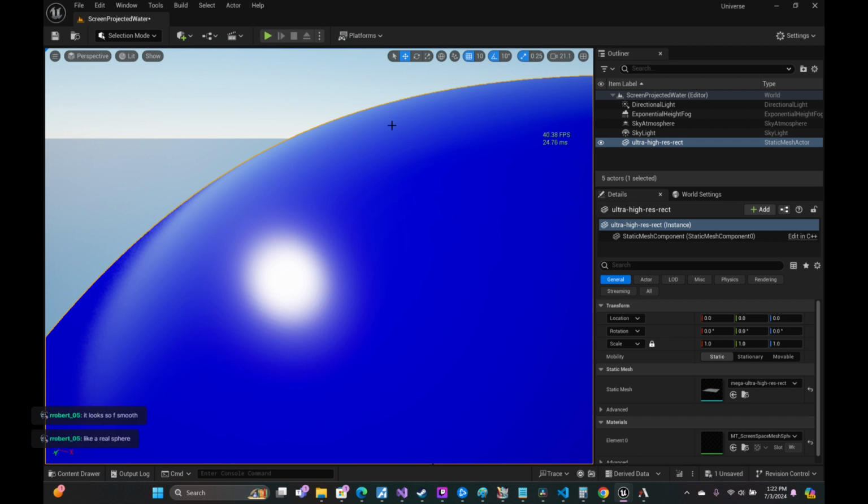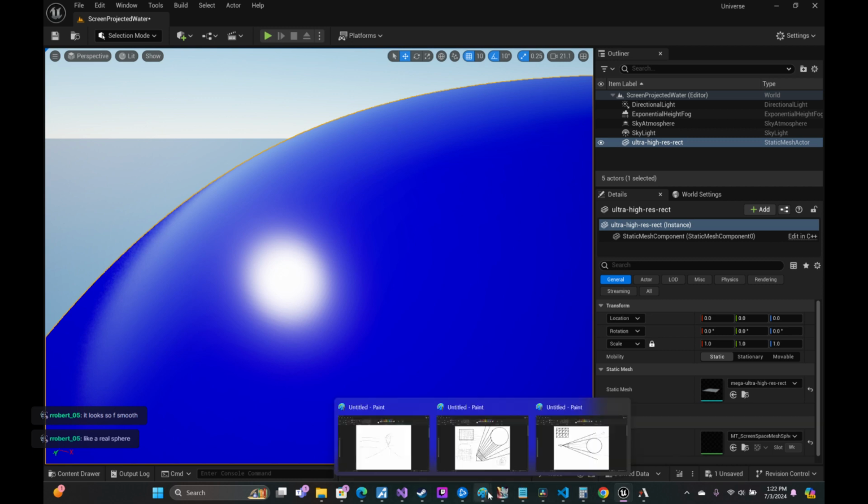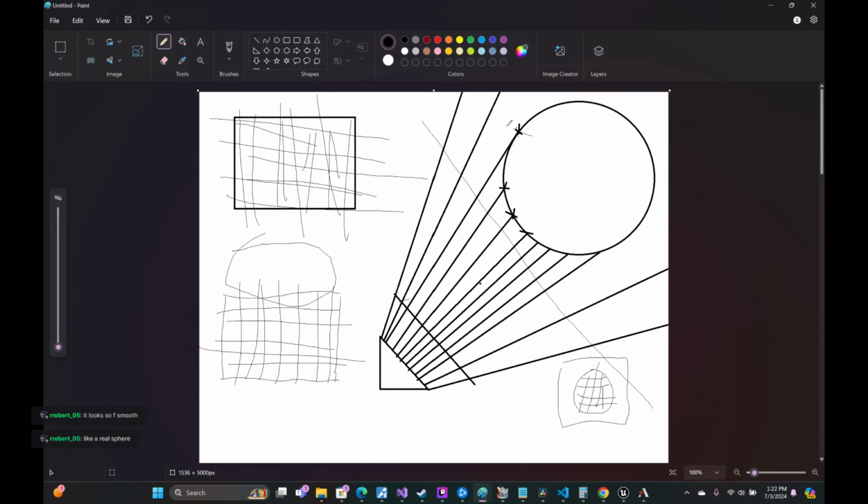I've got to think about how to handle being inside of it. Because right now, a point that was here is getting transformed to the surface of the sphere, but a point that was here is getting transformed to here,